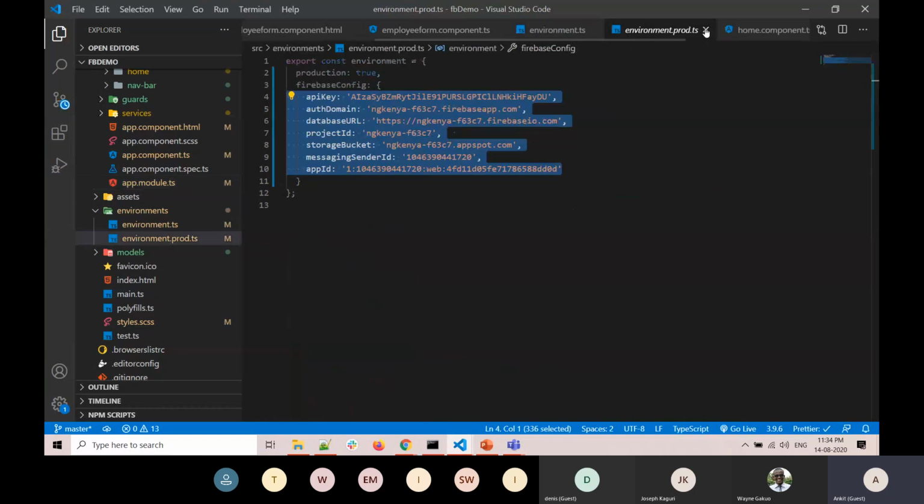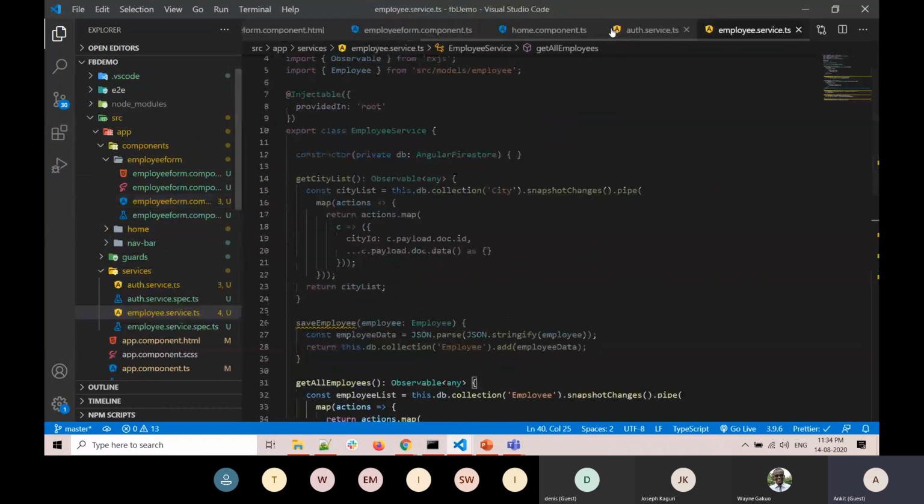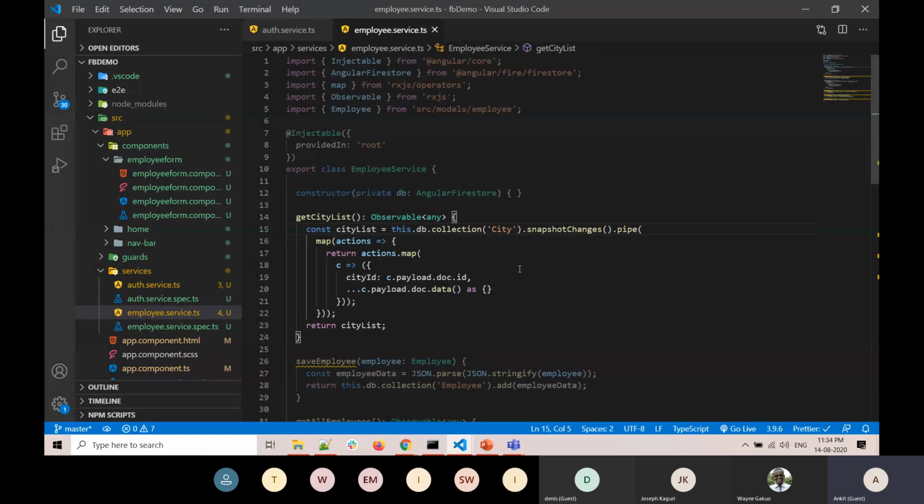This is where we have added all our environment.ts files and our employee services. Let me close all this. So we have our employee services over here. Now, the important point is when we create our service. I hope you already know how to create a service, because there are a few basic things I'm not going to cover, like creating a component or creating an Angular application. We have used Angular CLI to create our components, services and Angular application. This is a service with the name employee service. The work of this service is to handle all employee-related operations like create, read, update, and delete.